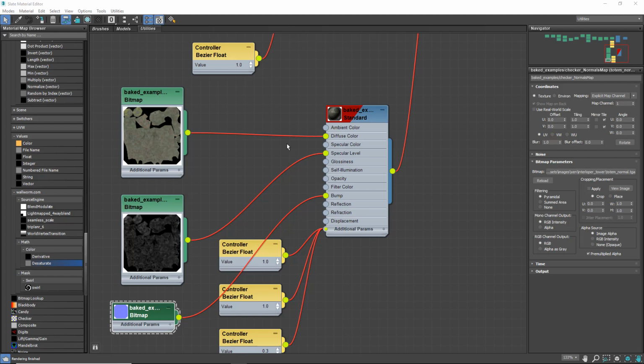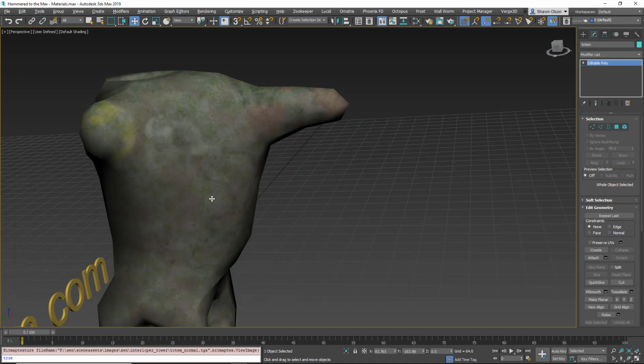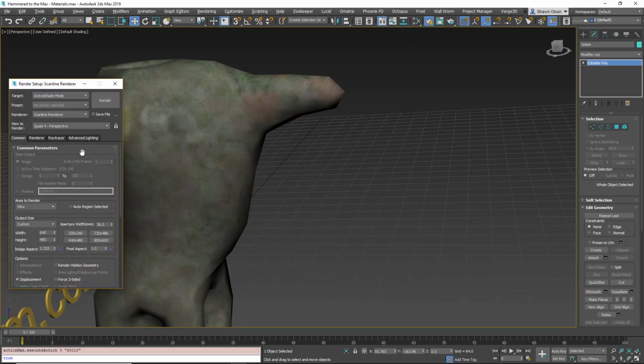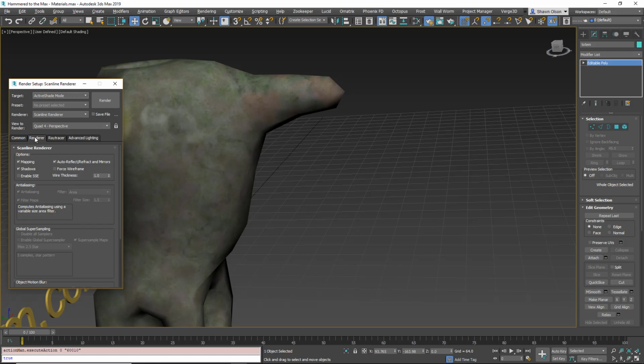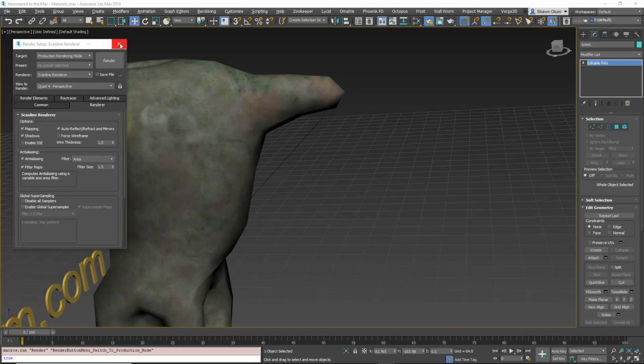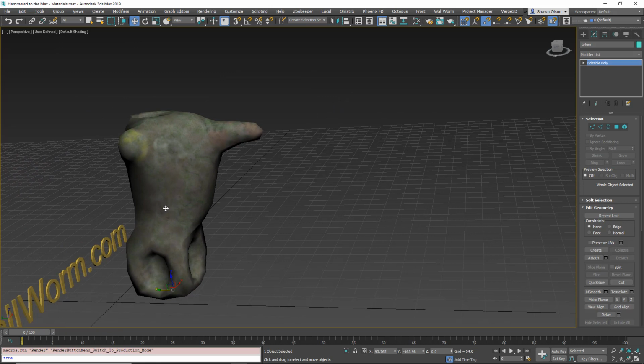Now, this did not cover the advanced functions in using render to texture, which includes using a projection modifier. Also, for getting the results you really want, you oftentimes want to go to your renderer settings and adjust the anti-aliasing or the super sampler. And again, this is very simplistic, we made a very quick shader for this little totem, and it's not complex and it's not super high quality at all, but you can now see how you can take